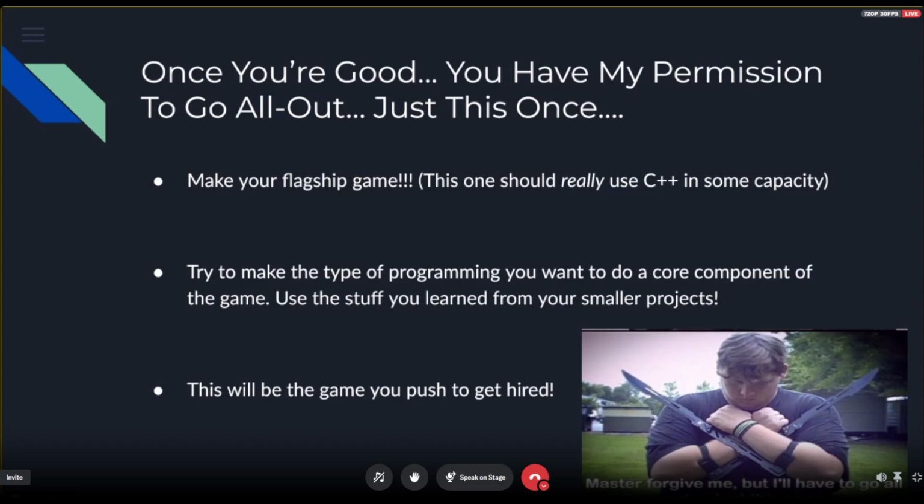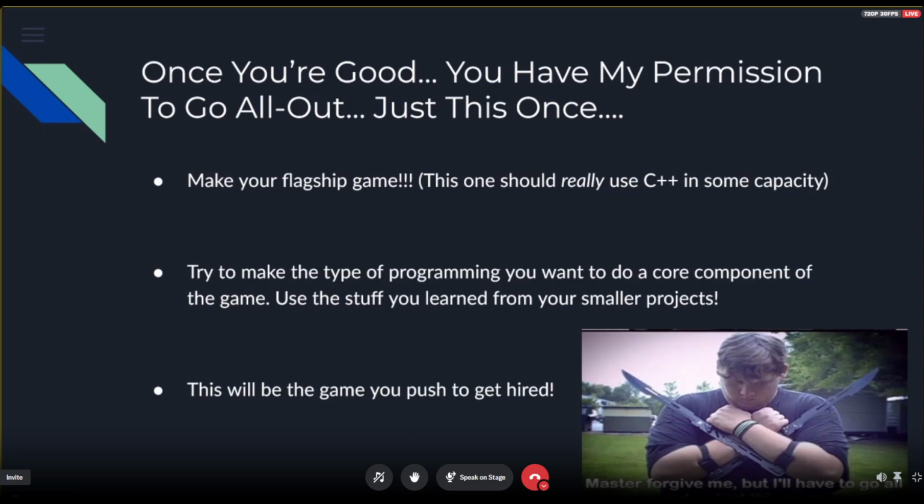So if you are really into graphics programming, one of the main mechanics should rely on graphics programming in some way. Think, I don't know, some game where you move through shadows but light kills you or something like that.